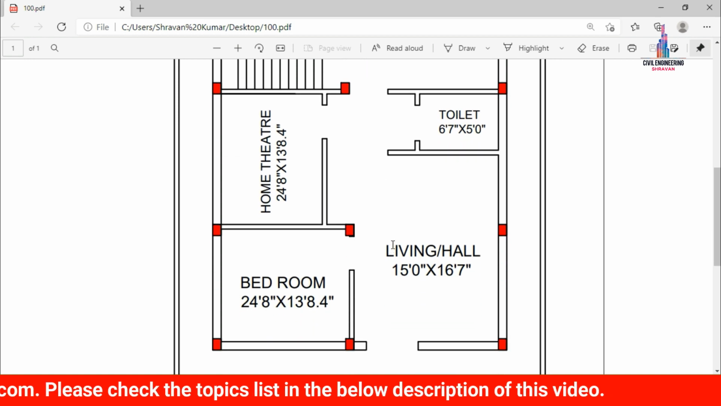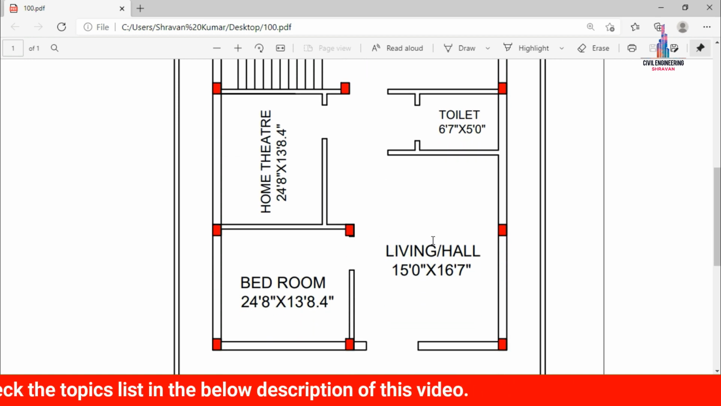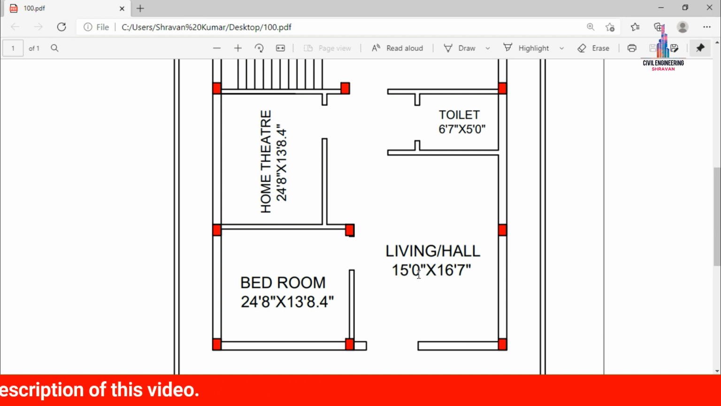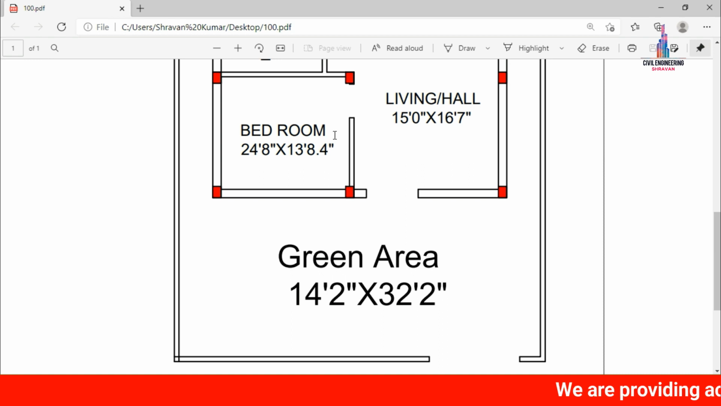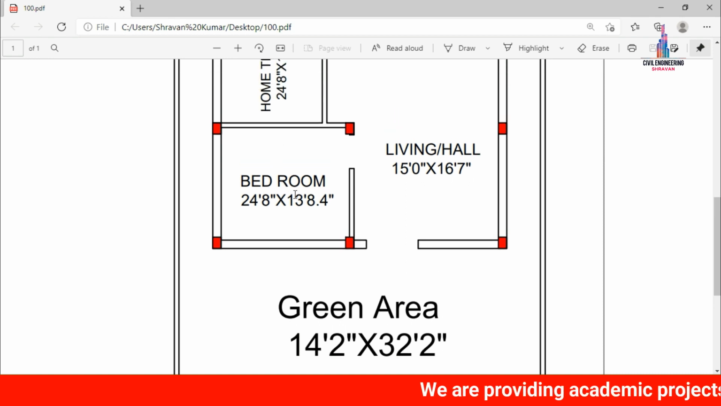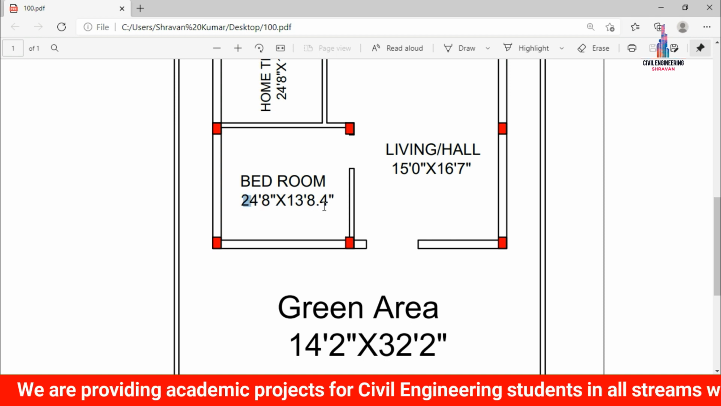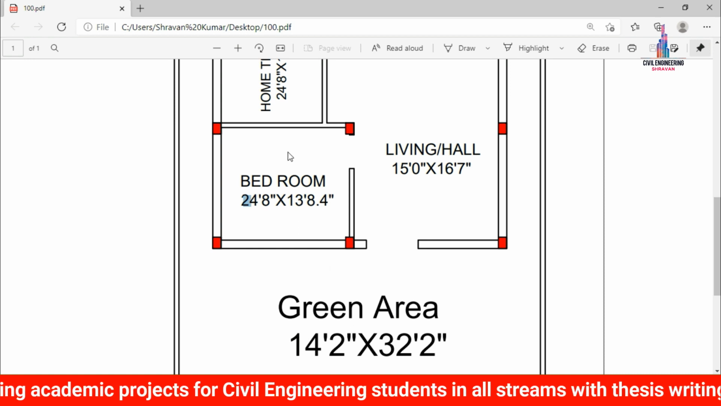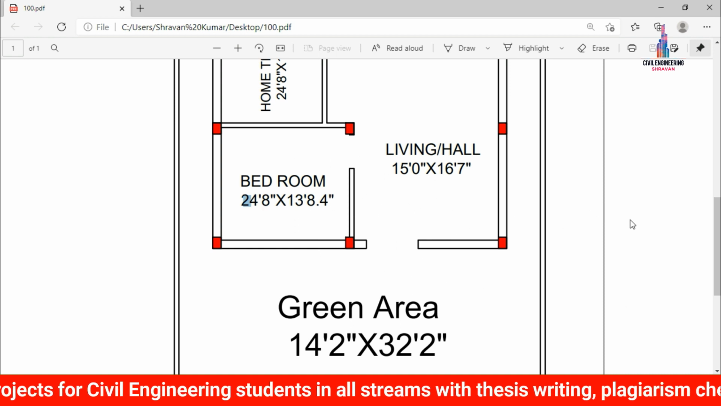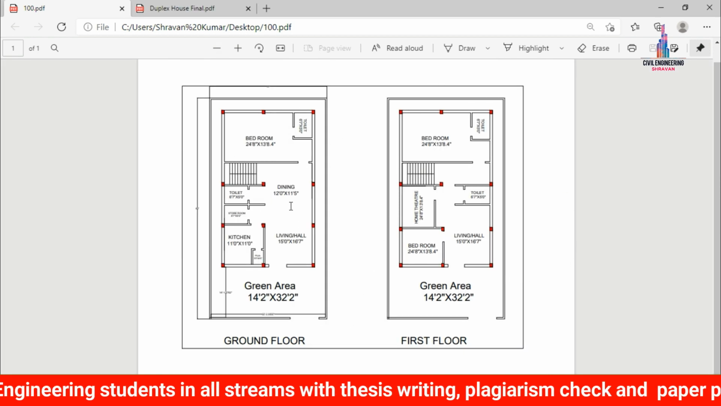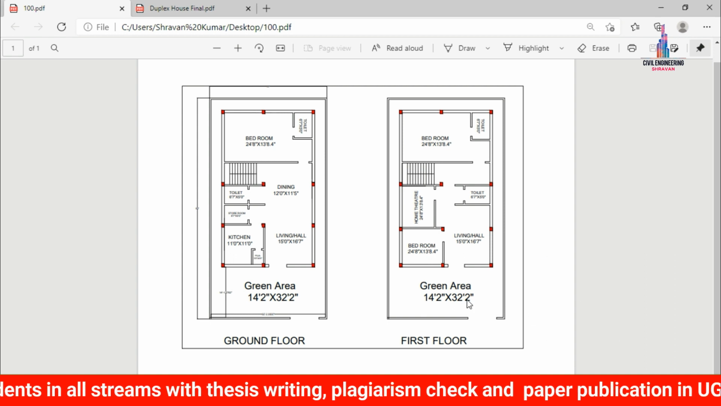Again, there is the living room here. In front of this, it measures 15 feet 0 inches in length and 16 feet 7 inches in width. Again, there is also a bedroom here, with dimensions, not 24, approximately 14 feet. So 14 feet 8 inches by 13 feet 8.4 inches is the dimensions for this bedroom. Okay, so these are the details about the first floor plan as well as the ground floor plan for this